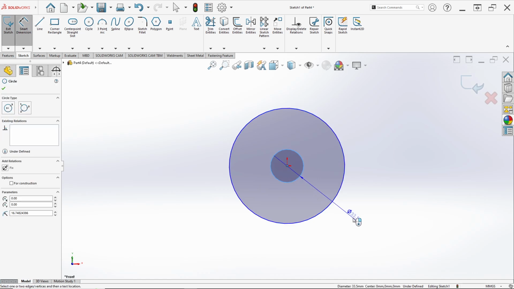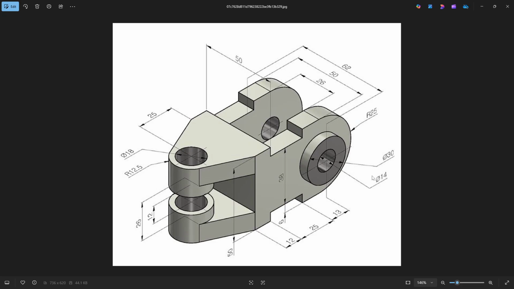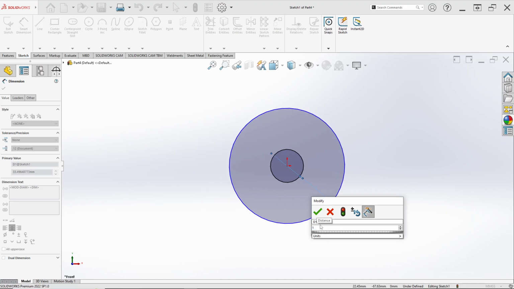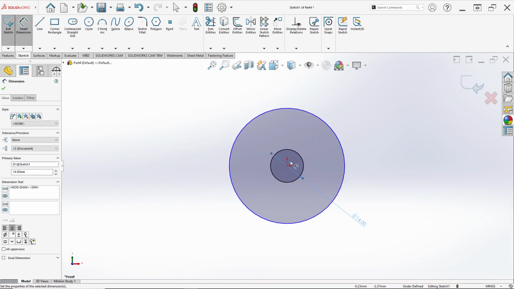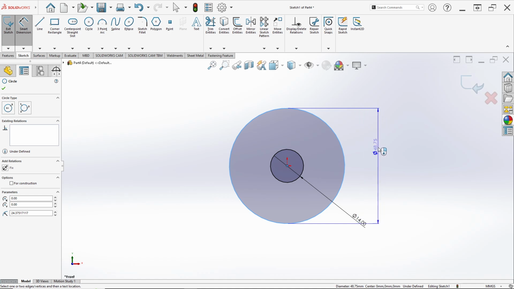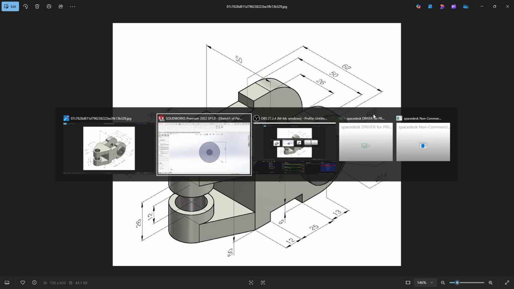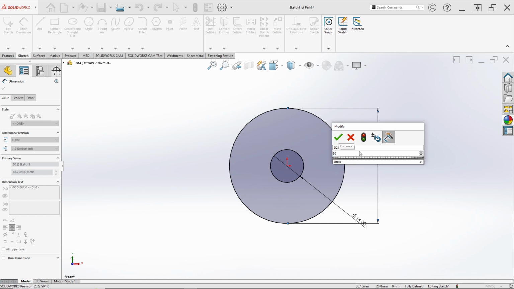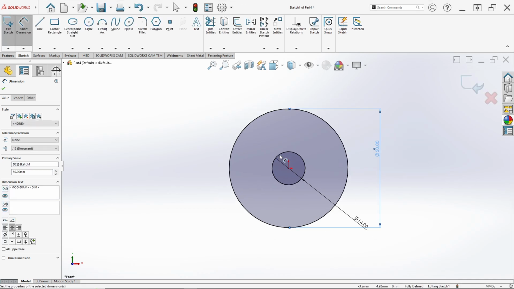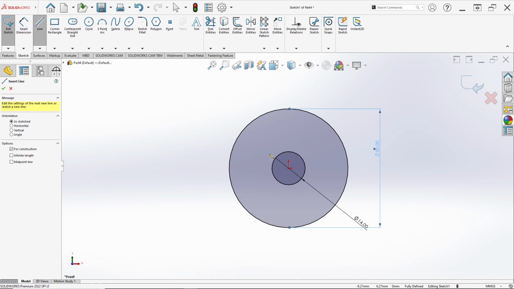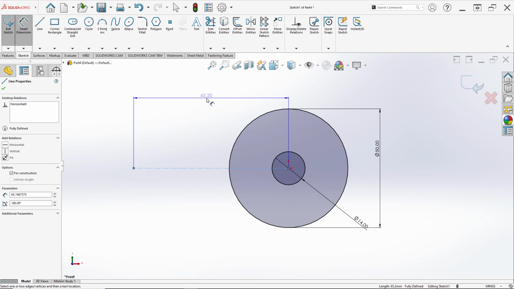First set the dimension. Select the circle here, the diameter is 14, sorry. So here we can input 14 millimeter for the diameter. And for the bigger circle, we can set the dimension in radius as 25, so the diameter is 50 millimeter like this. Then we can select the center line, draw like this, and set the dimension for length.